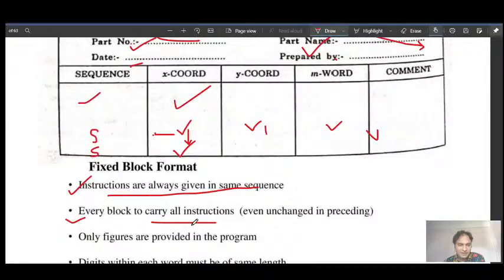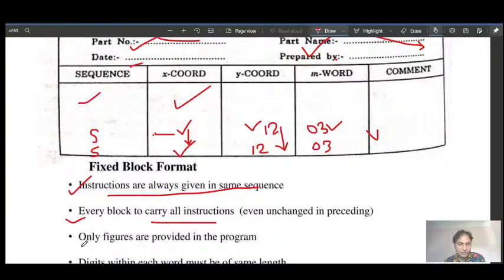So it is not like, if you are entering y coordinate value 12, and then again you have to enter it, you keep the same value; you have to enter the value 12 again here. You cannot miss it. Again the m value, if you are using 03, then you have to enter the same m value 03. So these are the blocks you need to re-enter, even if the values are the same.